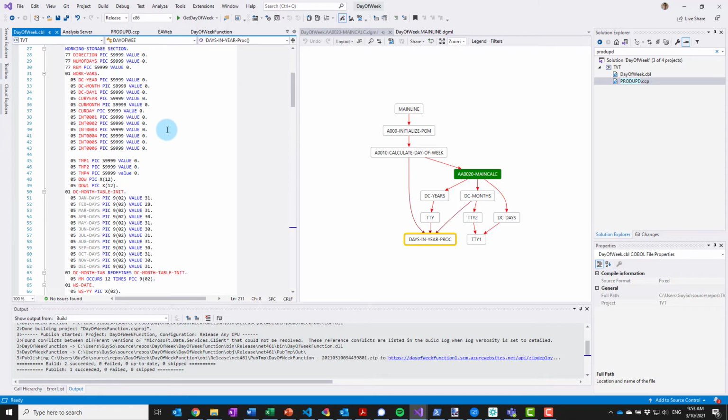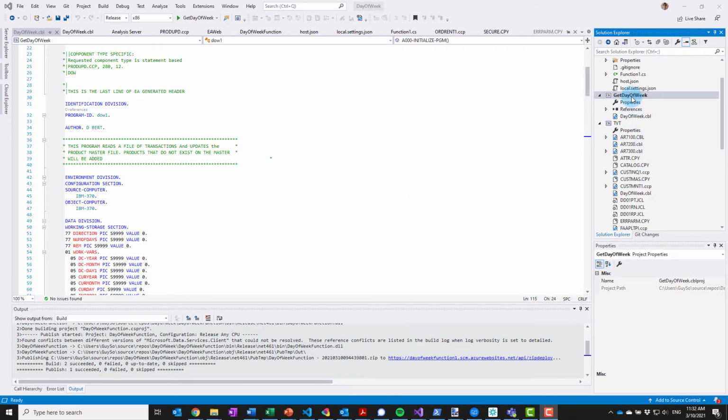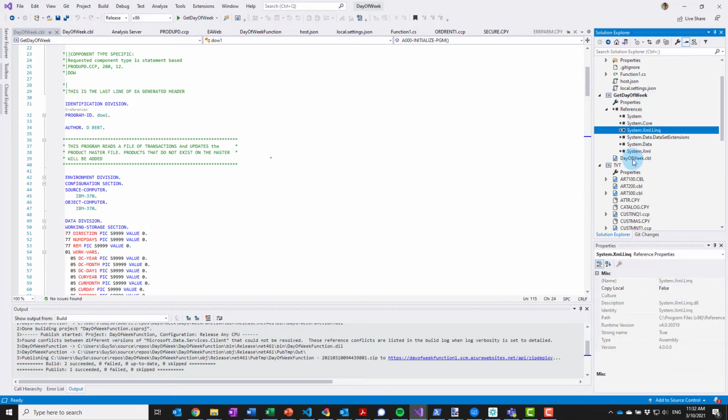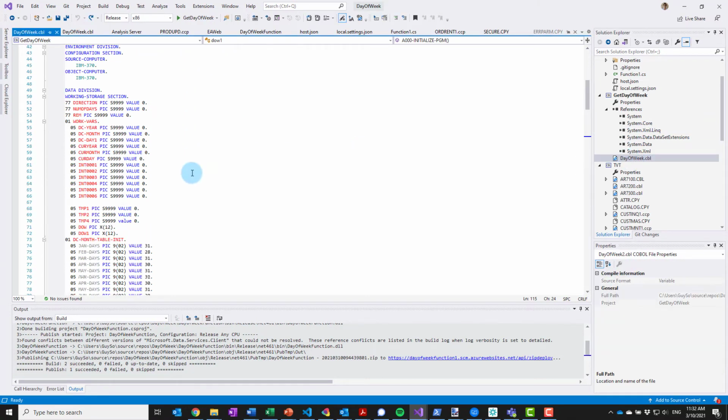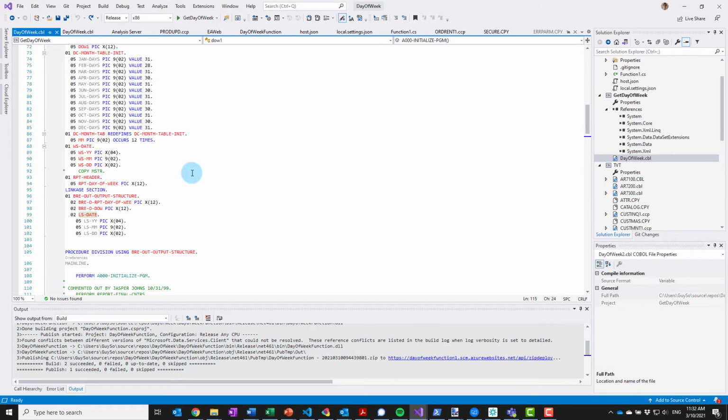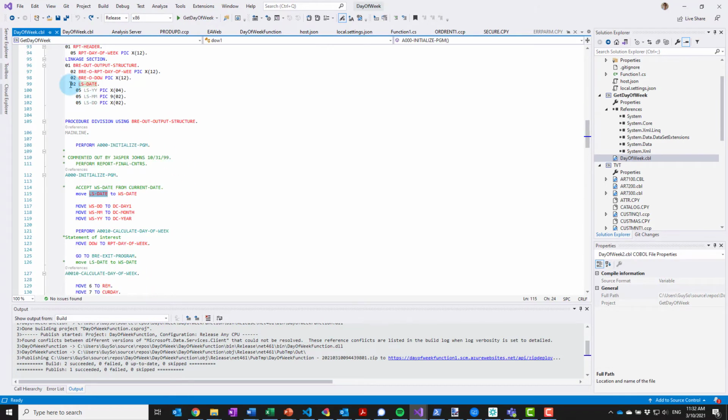So the next piece of magic that we're going to do is to use something that is called .NET COBOL projects. A .NET COBOL project is a project that compiles into MSIL, can be used very easily by .NET applications and .NET code, and can reference the .NET framework in its code. So in order to use it, I added some linked section items.